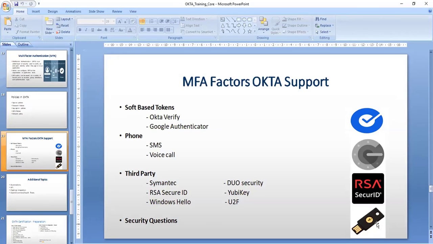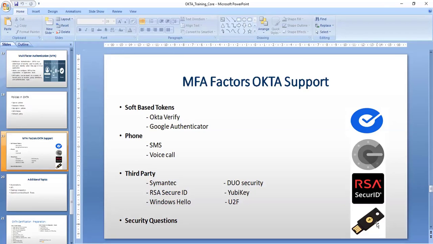And the other thing is third-party apps like Symantec. There is a company called Symantec, and they have some kind of tokens. And there is a company called RSA SecurID. It's a hard token, and there is also a soft token available from RSA SecurID.